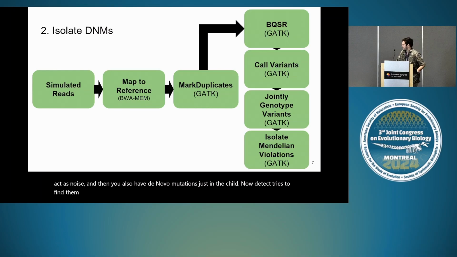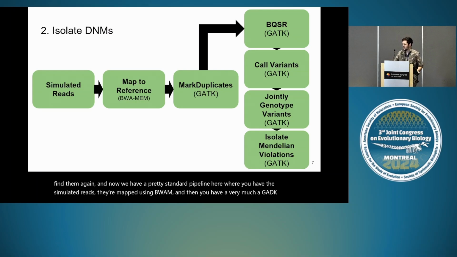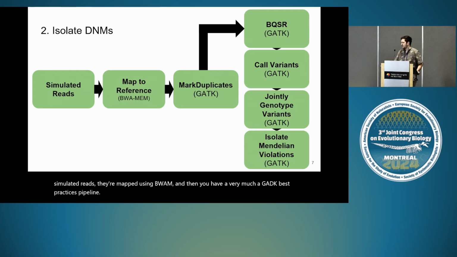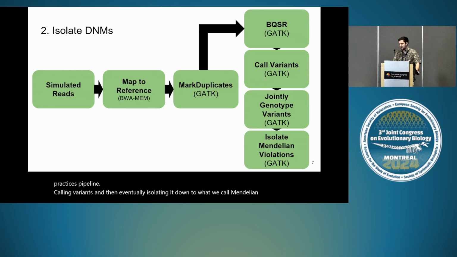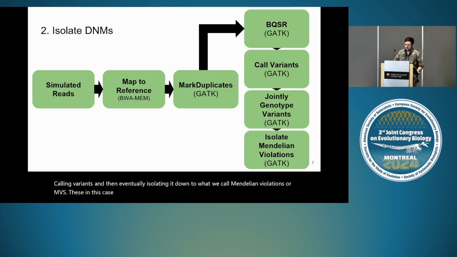Now we have a pretty standard pipeline here where you have the simulated reads. They're mapped using BWA-MEM, and then you have very much a GATK best practices pipeline, calling variants, and then eventually isolating it down to what we call Mendelian violations, or MVs. In this case of looking at humans and non-human primates, you look generally at things that are novel, meaning that both parents are homozygous reference and the child is heterozygous. So those would be what we call our